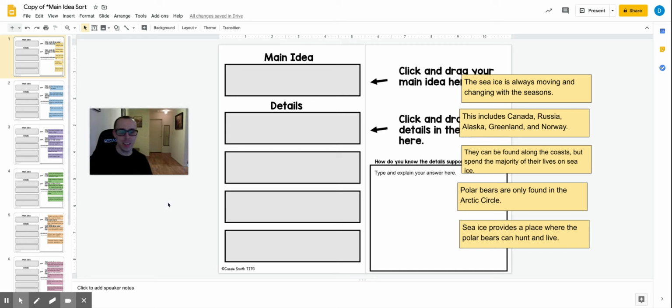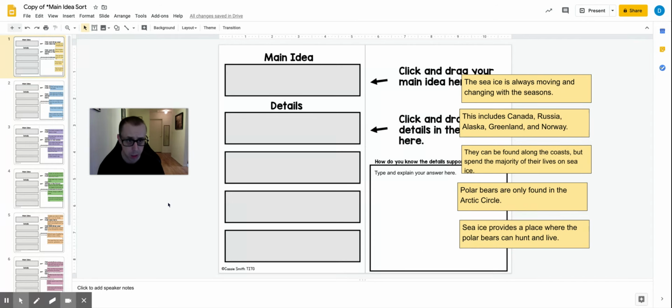Hello, everybody. Today, for reading, we are going to be beginning to discuss main idea and supporting details. When you're reading a text, whether it be a paragraph or passage or a story or a chapter in a story, there's usually a main idea. There's always a main idea. So we need to be able to identify the main idea as the sentence that discusses what the entire passage